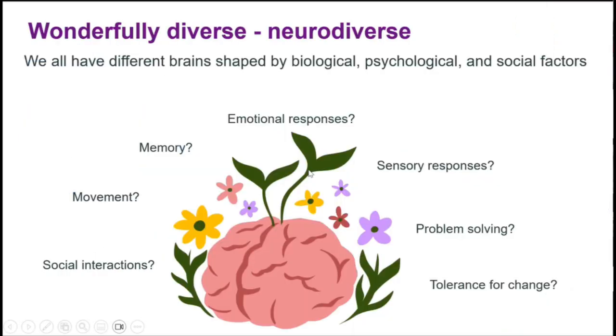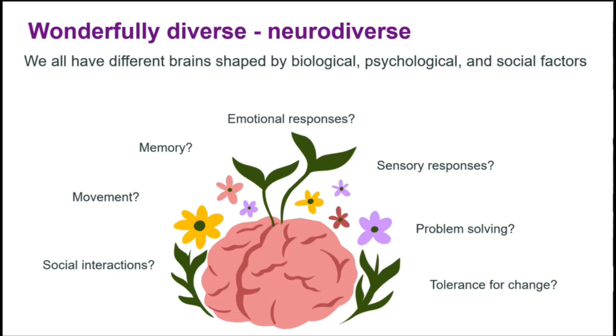Okay. So we are all hugely diverse. We have diversity within our society, in our world, in terms of biodiversity. Here we're talking about the diversity between us as humans, the diversity in our brains and the way that our brains are shaped by and utilize information from the world around us. We all process the same information in slightly different ways, and we are all extremely individual in the way that we take in information, process that information, and use it to guide our interactions, whether that's with other aspects of our environment or with the people around us.